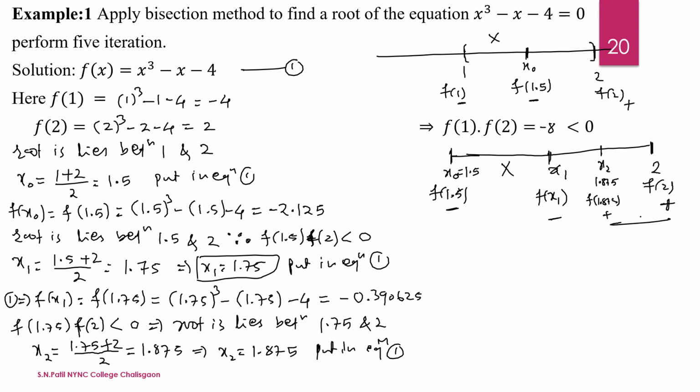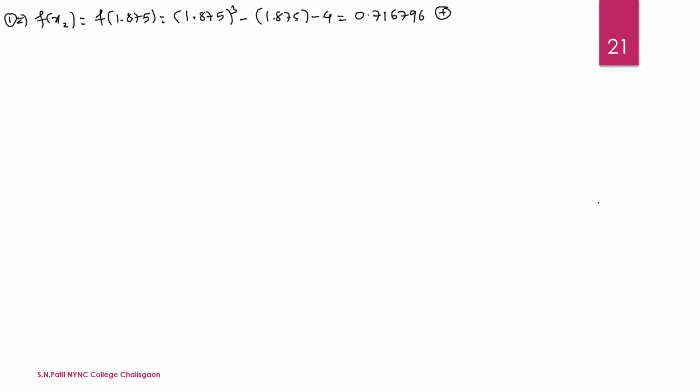Here the same sign, the root does not lie between these 2 points. The root lies between these 2 points. That is, the product of 1.875 into 1.75 is negative. That is the root lies between